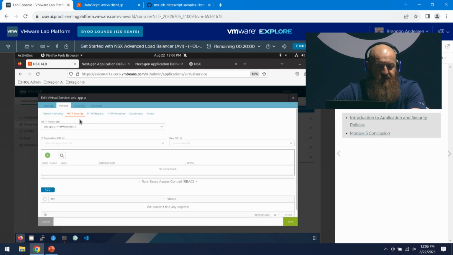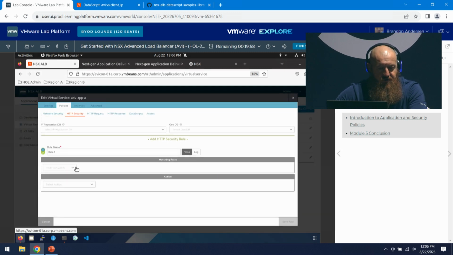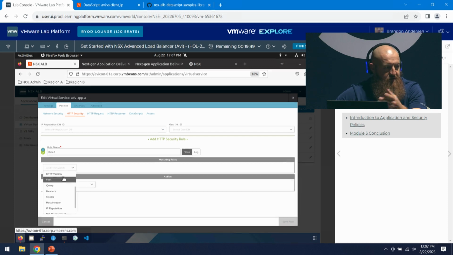We jump over to our HTTP security. There's a few more options on this one. So your client IP address, your service port, protocol type, your HTTP methods, version, paths. A lot of host headers, a lot of paths I've seen converted over here. Cookies, host header,